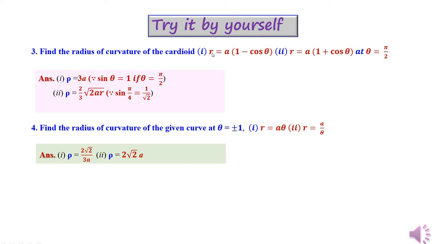We are asked to find the radius of curvature, which has got two subdivisions, at the point theta equal to pi by 2. So the answer is given. Make use of the formula for radius of curvature in the case of polar coordinates, that is r is equal to f of theta. Polar form is given, which means we know the formula, apply the formula, and then get the answer. At the point theta equal to pi by 2, you need to find. See, the 4 problems that we have discussed in this, the polar form of radius of curvature, all are